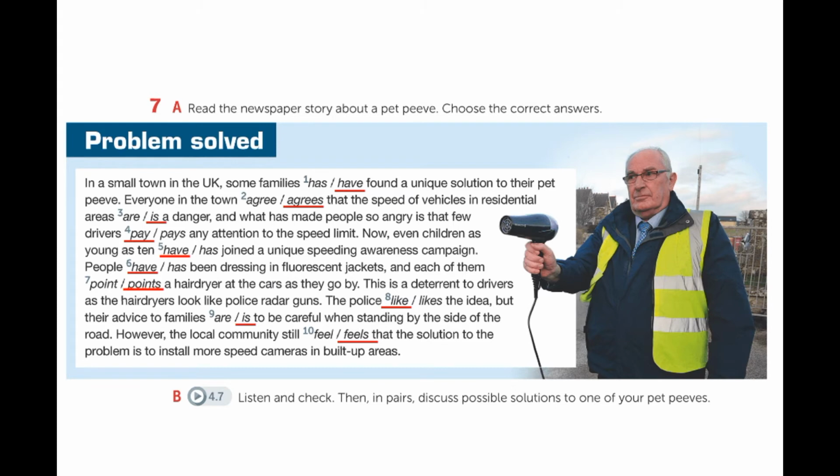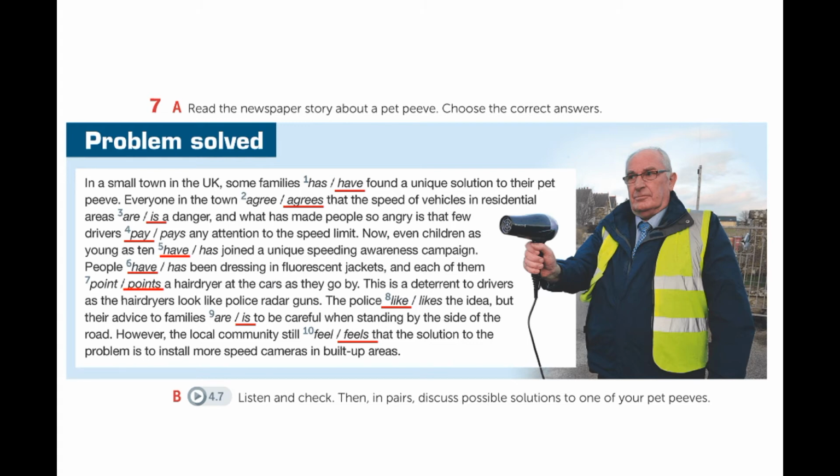Number 6, I'm agreeing with the word people, so I use the verb in the plural form, right? Number 7, I have the expression each of them, and here I use the singular form like the indefinite pronouns, remember? So I say each of them points, right? Number 8, the word the police is a collective word, right? And the idea here is in the plural, alright? So I agree with the verb like in the plural form, not likes, alright?